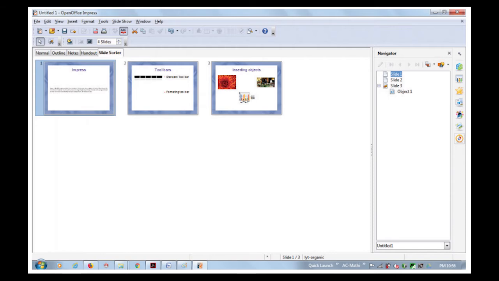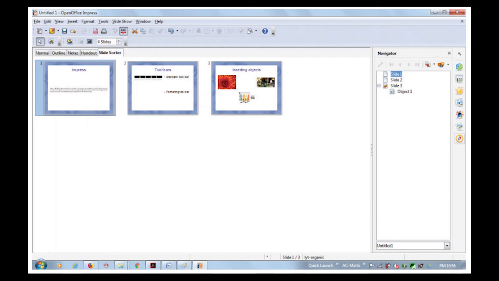Here, for that you have to check View, Toolbars, Slide View, to show the Slide View toolbar. And from here you can adjust the number of slides. You can adjust up to 15 slides also. After you have adjusted the number of slides per row, View, Toolbars, Slide View will remove this toolbar from the view.